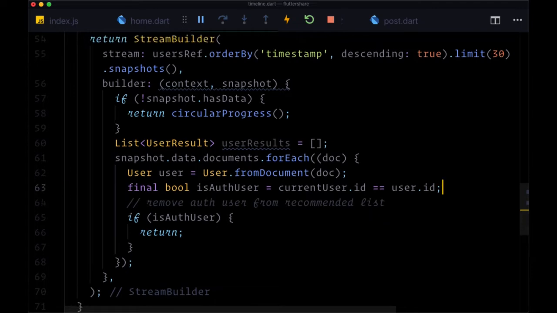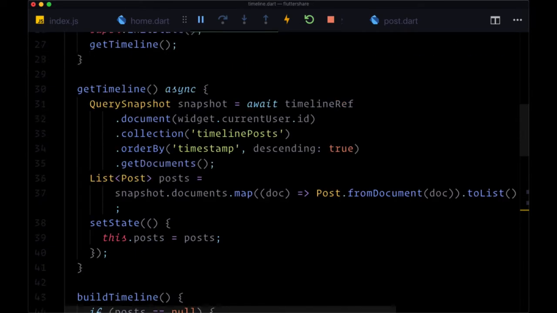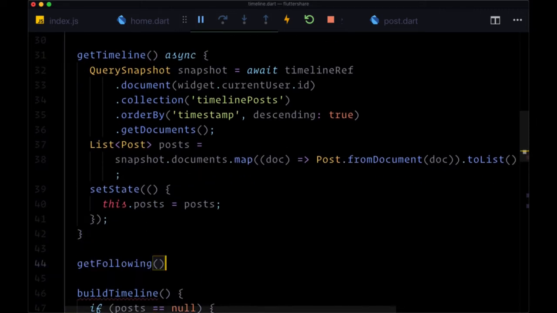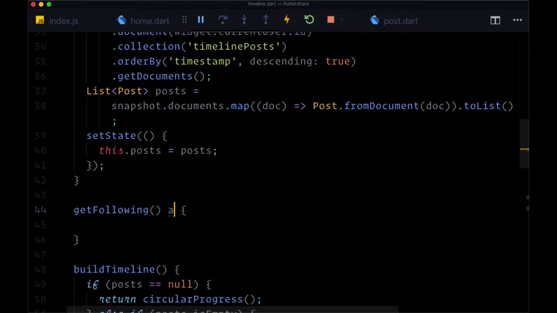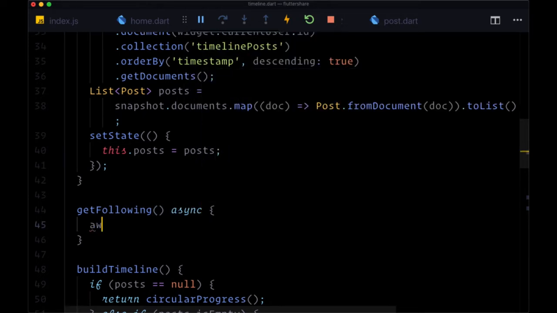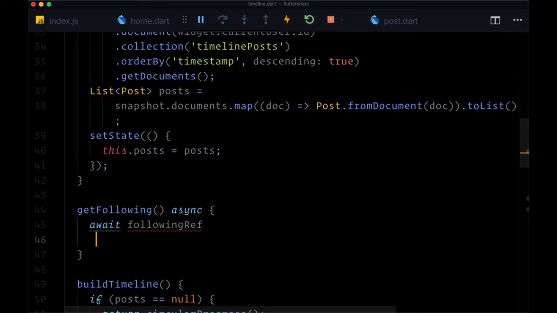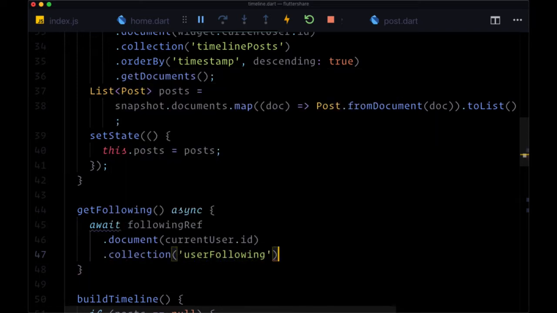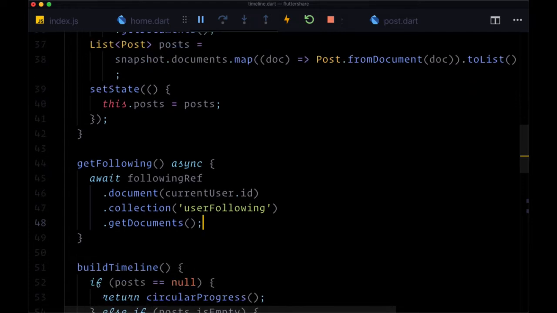So we need to fetch a user's following by executing a getFollowing function in initState, where for this function it'll be async and we'll await followingRef and the document currentUser.id, the collection userFollowing, and we just want to get all of those user IDs. We'll put that in a snapshot variable,